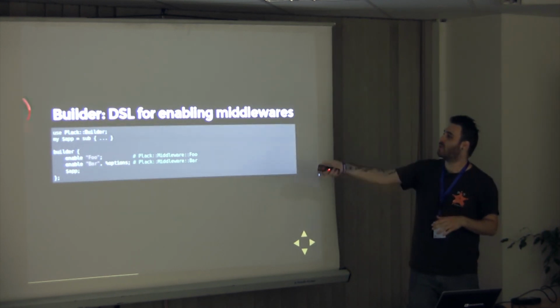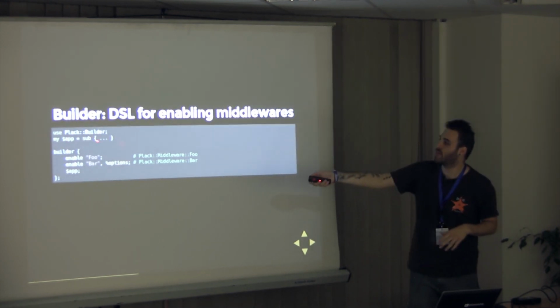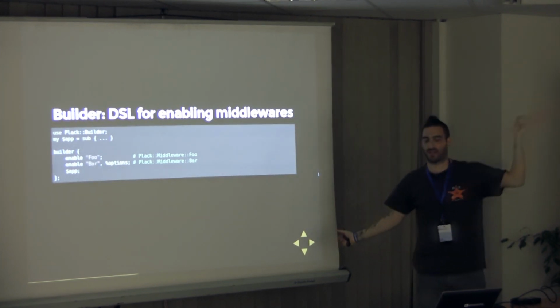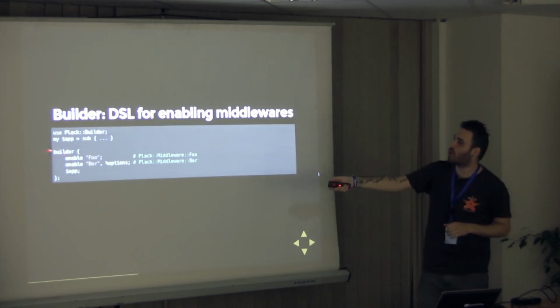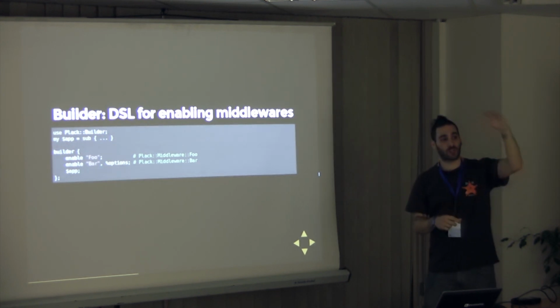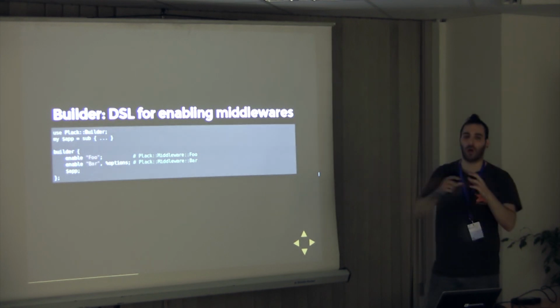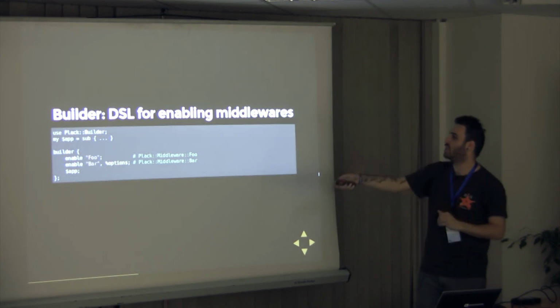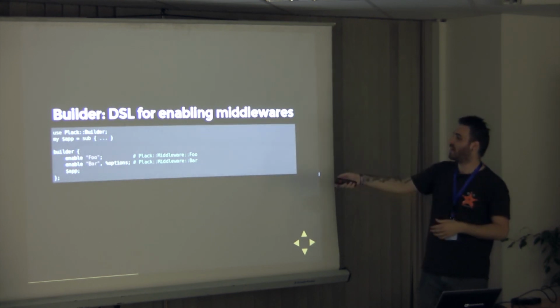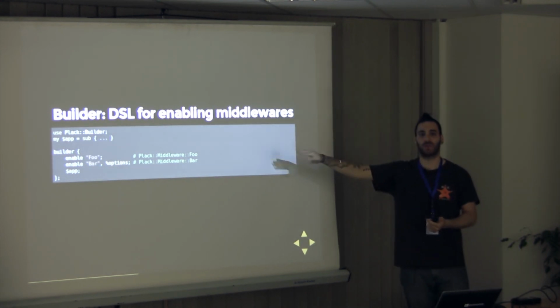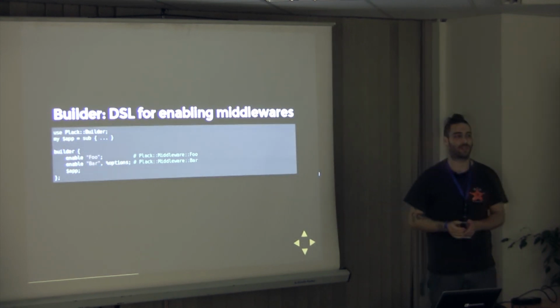So Plack Builder, you have your app, whatever it is. Let's assume that this sub here is replaced with your awesome, nice web framework syntax. And what you do is call builder, and you ask it to start adding layers. So you say, the first thing I'm going to enable is foo, which it will autocomplete to Plack middleware foo. Then you enable bar. And you can even send some options to bar, how it's going to add it. And it's going to expand to Plack middleware bar. Then at the end, you give your app. So basically layer 1, layer 2, as many as you want, all the way to your application.